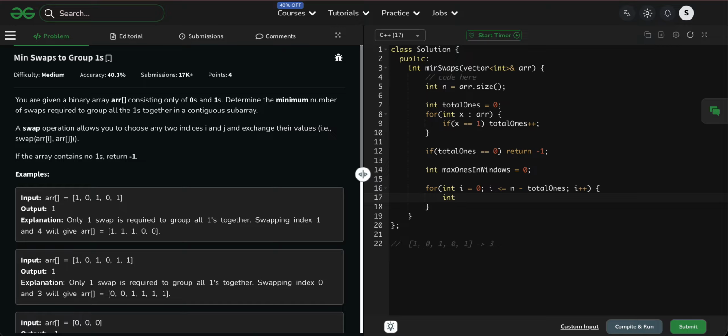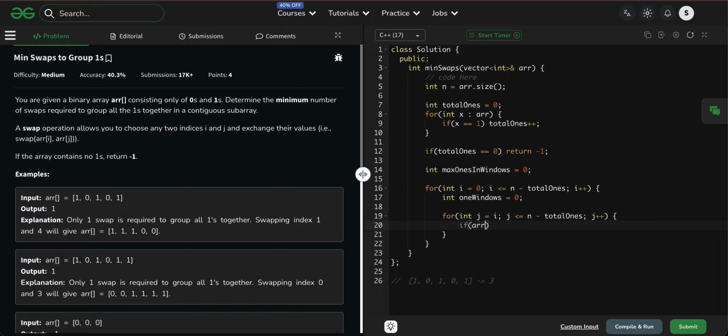Now int one windows is equal to 0, and then for int j is equal to i, j less than n minus total ones, j plus plus.